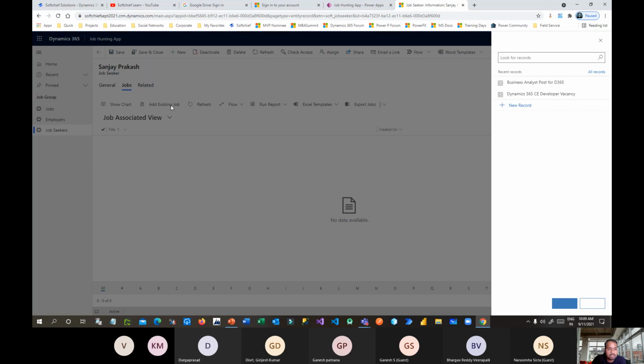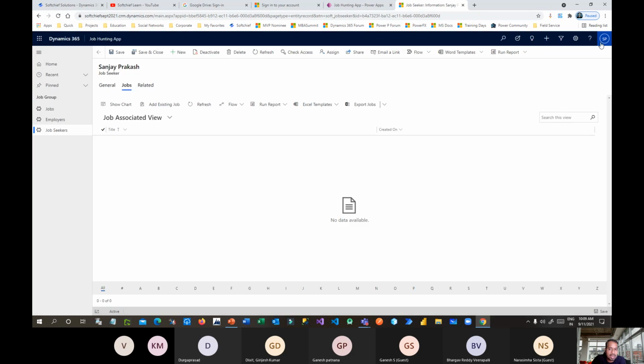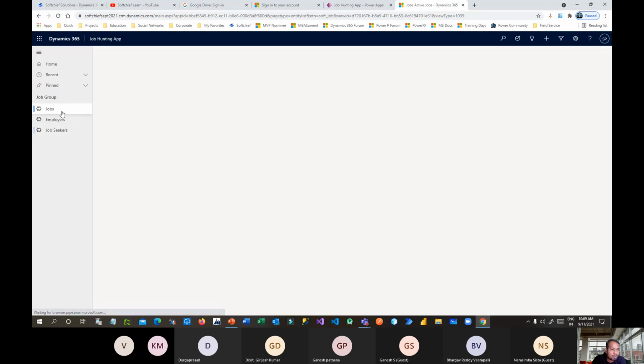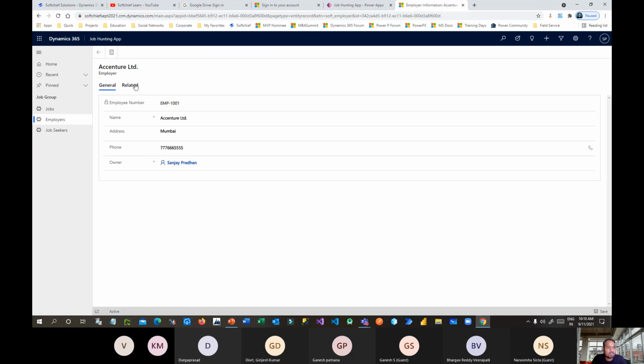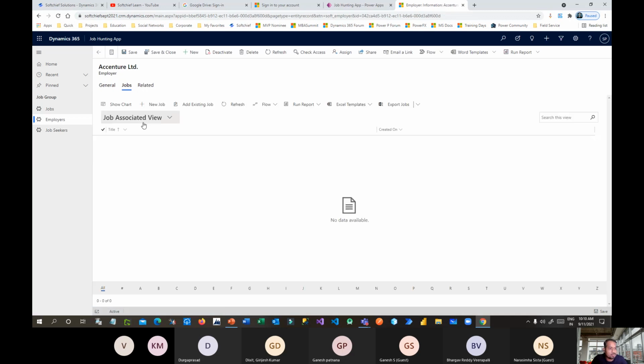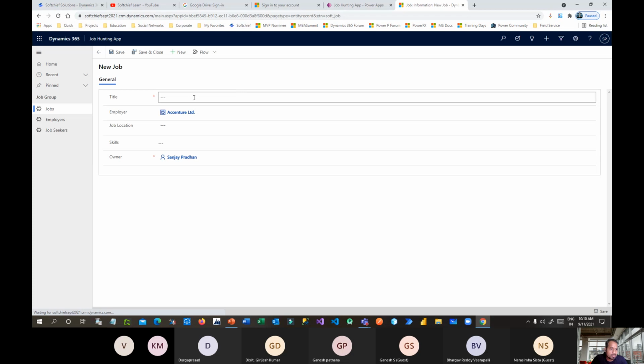If I click on existing jobs, you will see all the jobs that are already posted by different employers displayed here. These two jobs are part of Infosys. Let us create another job by another employer. Let me go to employer and open Accenture. I want to create a job for Accenture. Go to jobs, create new job, provide